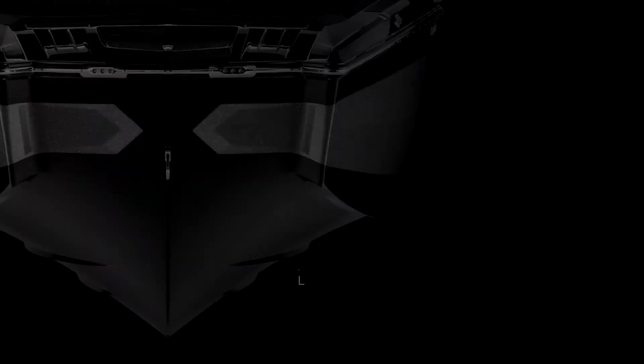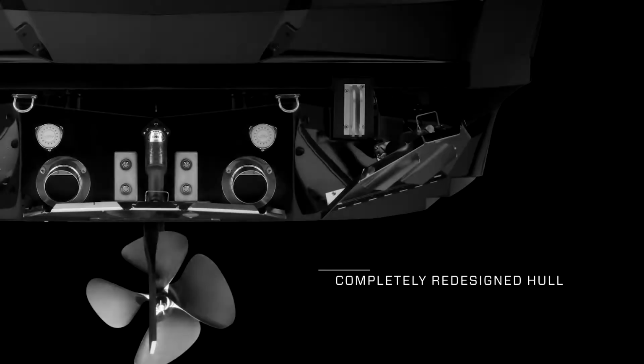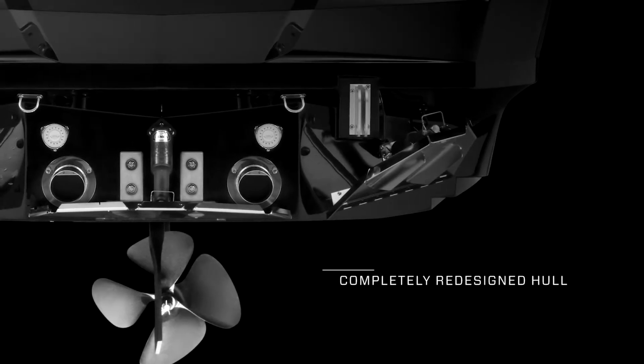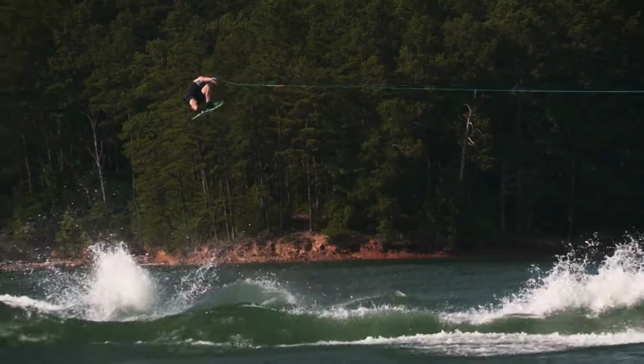The new redesigned hull is made to make massive wakes, and it's paired with a hyper-custom rudder designed to give the XStar nimble handling. Wakeboarding or surfing, beginner to pro, these are the wakes that let you set your firsts,